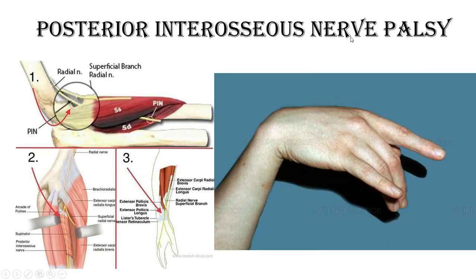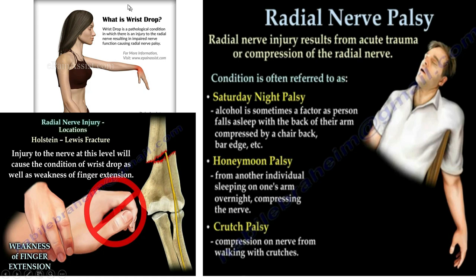Now in posterior interosseous nerve palsy, the patient will be unable to extend the fingers. Wrist drop will not be seen in case of very low or PIN palsy. But in radial nerve palsy the most commonly affected deformity is wrist drop due to inability to extend the wrist joint. And due to fracture or any manipulation, if the nerve is entangled or entrapped in the fracture site, this is called Holstein-Lewis palsy,